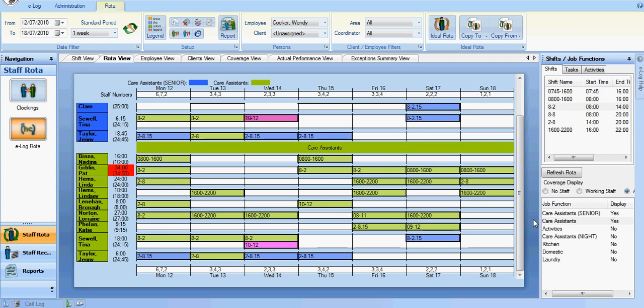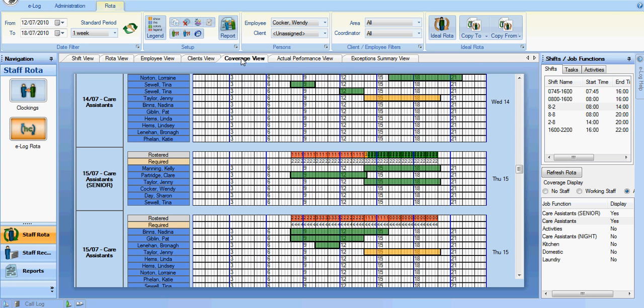Okay, so let's have a view then of coverage and understanding whether we do have the correct coverage or not for any particular job function. You notice again across the top of the rota we have this list of alternative tabs which provide different views of the rota, one of which is a coverage view. So I click on coverage view, and then it shows me for the particular week in question the various job functions